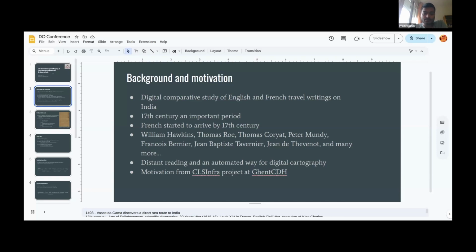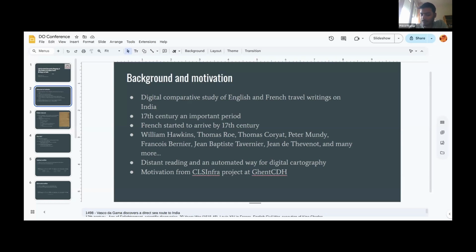And the period that I chose to do the analysis is the 17th century, and I chose that period primarily because it was a very important period in the history of the three nations involved in this study. So, for example, in France, it was